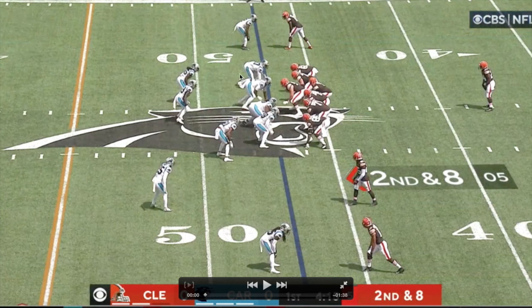Probably the most important person, I would argue, in defending an outside zone run play is going to be this play side defensive end. He has to win leverage and maintain outside leverage on this guy that's responsible for him to force this thing back inside. If not, we're going to have a real tough time keeping backs from getting around the edge on us. So he needs to force it back inside. Everybody else needs to maintain their gap and take care of it when the running back tries to bend it